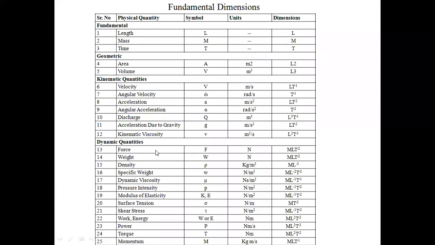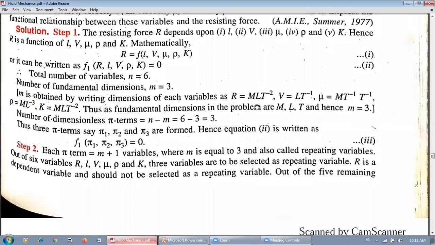Now force is M L T minus 2, so directly they have taken it in the numerical. Velocity is L T minus 1. Then viscosity, density and the bulk modulus. Likewise, you should know the dimensions. Otherwise, what will happen in the exam? Your time will be wasted trying to find the dimensions. If you directly know the dimensions, you can directly put down the dimension as it is in the numerical. If you don't know, then you have to mug up the units, then solve those particular units and then find the dimensions. So a lot of time may be taken.